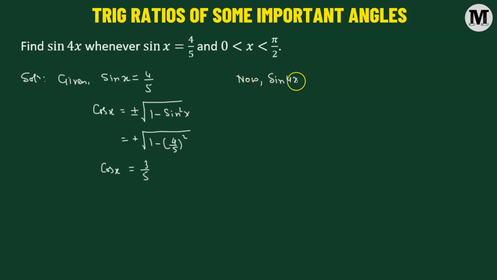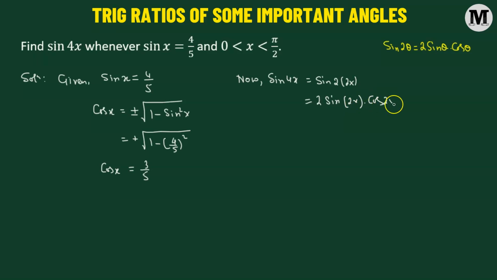So sine of angle 4x, we are going to use a formula. Whenever we have sine of angle 2 theta, that's given by 2 times sine of angle theta times cosine of angle theta. Now since we have sine of 4x, this will be simply equal to sine of 2 times angle theta. So theta is 2x here, which means we expand it to get 2 times sine of angle 2x times cosine